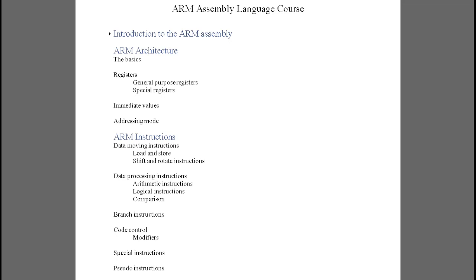Okay, so in the next video, we'll go over addressing modes in ARM architecture, or ARM assembly language. But before we really dive too deep into addressing modes, we probably should also visit the load and store instructions, because if we don't know how load and store work, we probably won't understand how the addressing modes work. And if you know from other languages, addressing modes is basically how you get values transferred in your